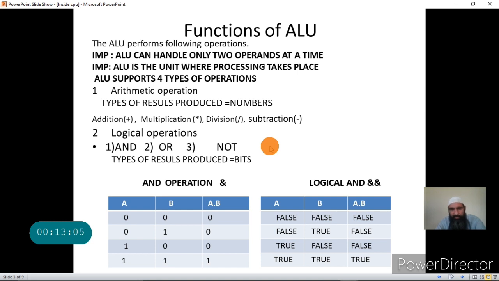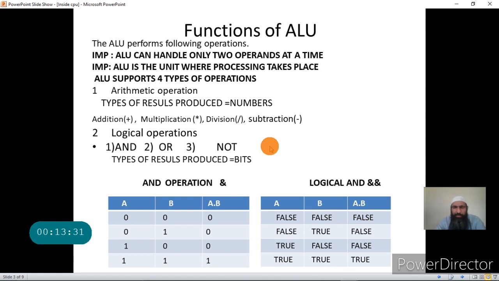Data manipulation can be in the form of arithmetic operations or logical operations or comparison operations or shift operations. These are the 4 types of operations that are performed by the ALU. These 4 operations are related to data manipulation, calculation or processing.